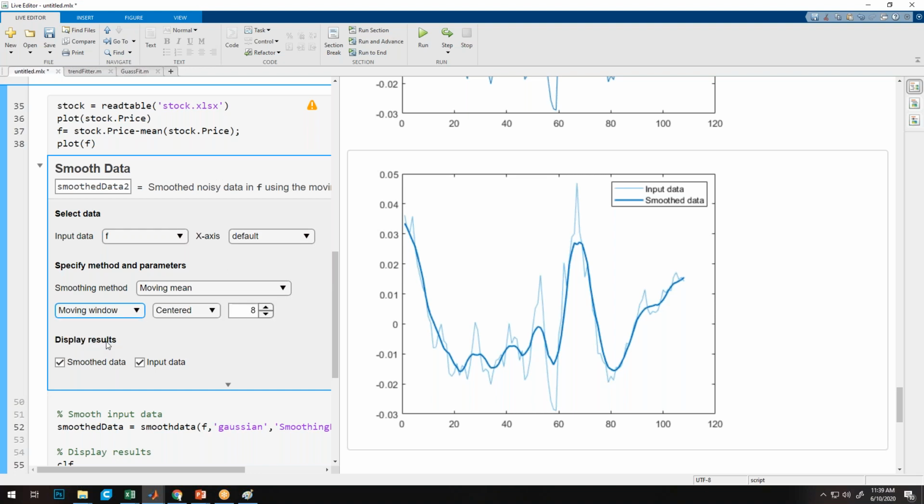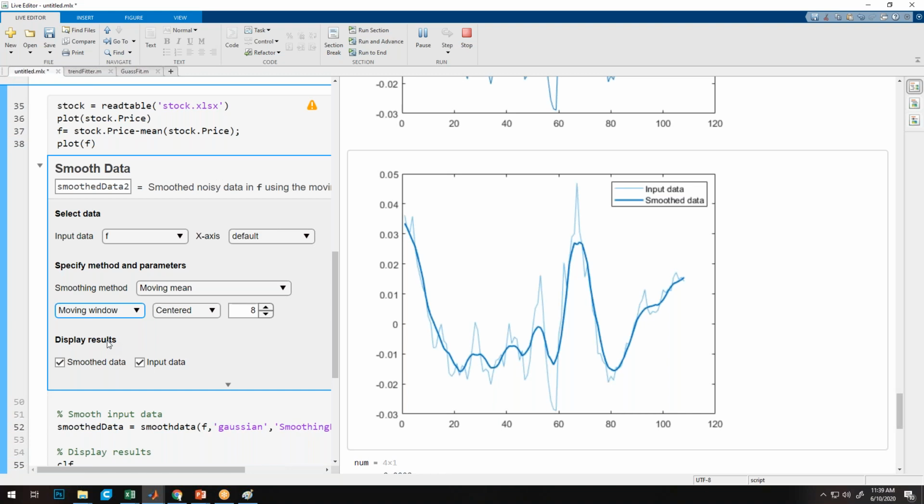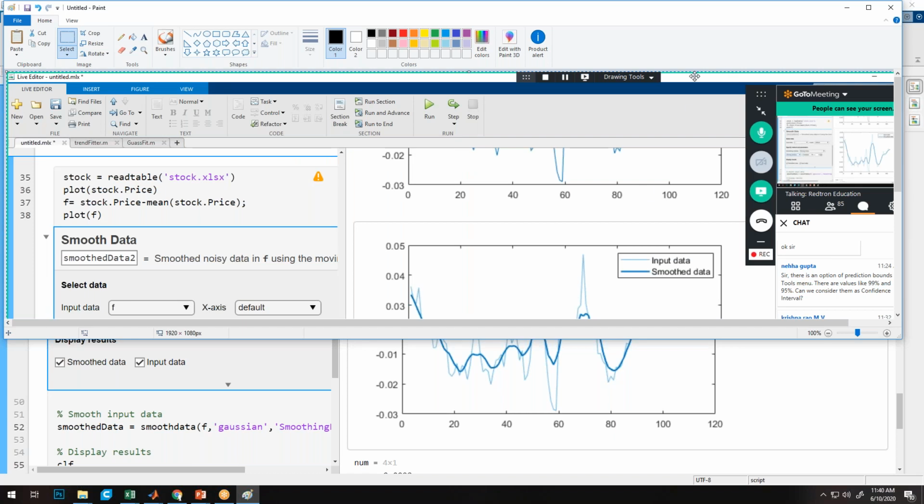In our example we have somewhere around 110 data points. In a moving window, whatever size we give, say 8 or 10, it will take that many data points. I'll take a print screen and show it in Paint to better explain this concept. Just give me a minute.